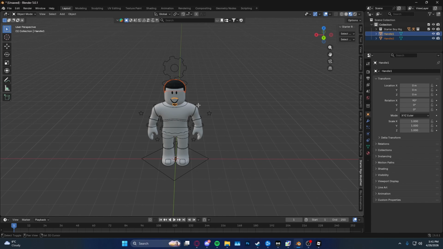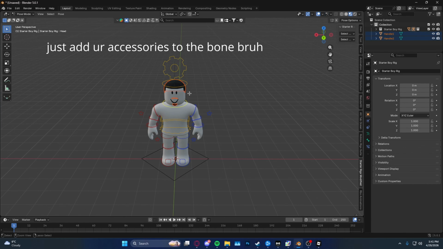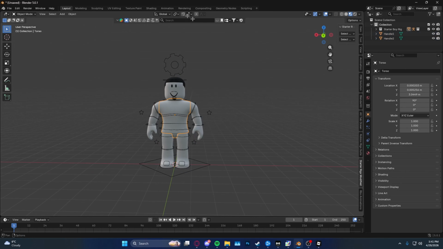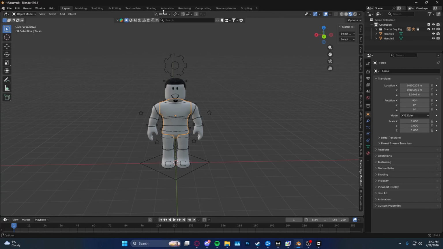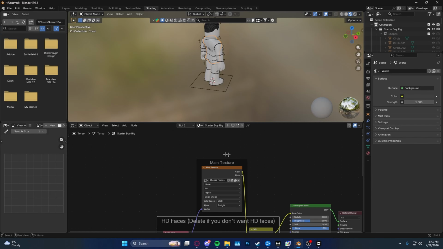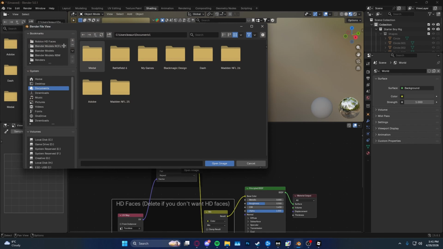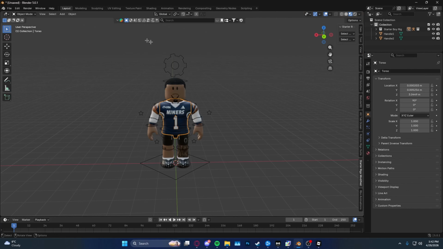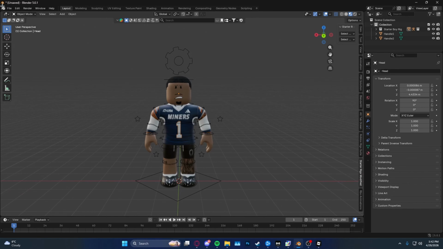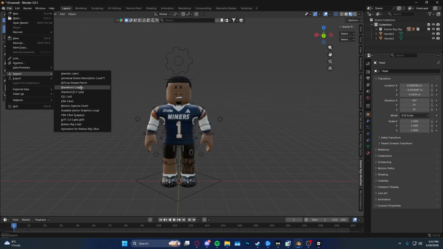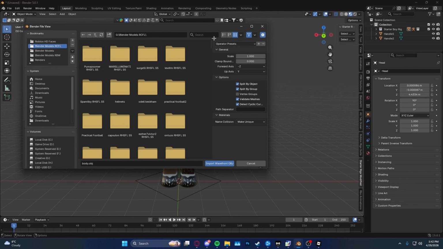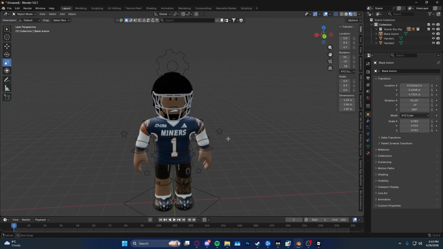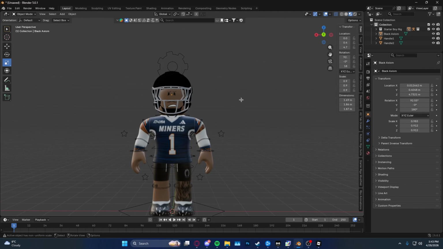I'm going to put these on, and then you're obviously gonna do what you usually do by hitting your shading tab and getting your textures on. Simple stuff that you usually do when making a GFX. Then I'm gonna get a helmet because I don't like the fact that he's not wearing a helmet. Anyways, once that is done, that's classic GFX stuff.